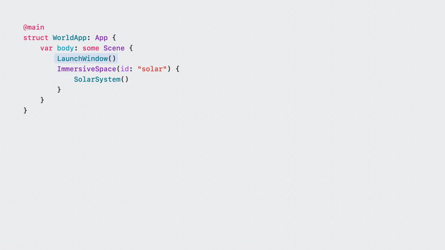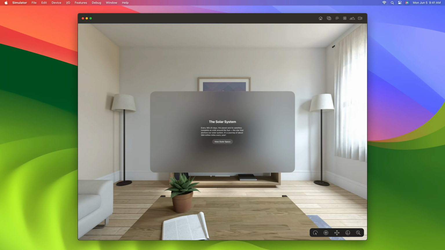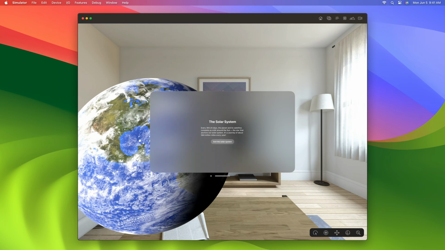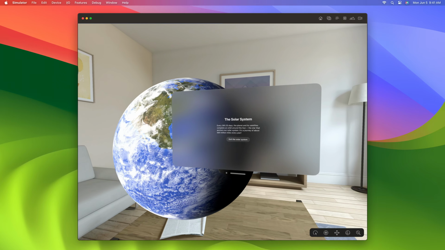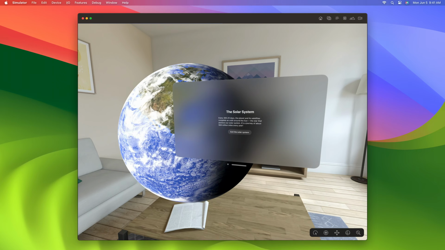The launch window is the first in our list of scenes, so SwiftUI will display the launch window when the app starts. The immersive space won't be visible at launch, but will only show up once the user clicks on our button. Let's run this on the simulator. When our app launches, we get to see the launch window, and then with just a click on our button, the solar system appears, right in our living room.